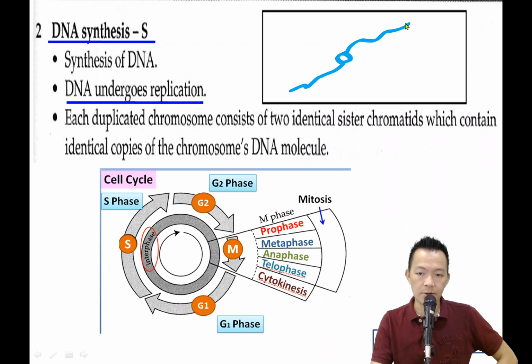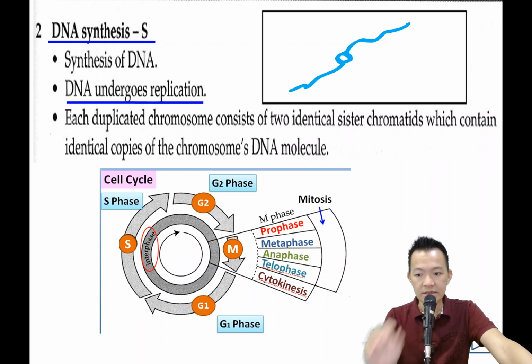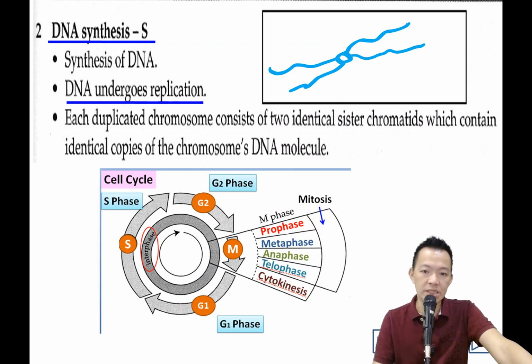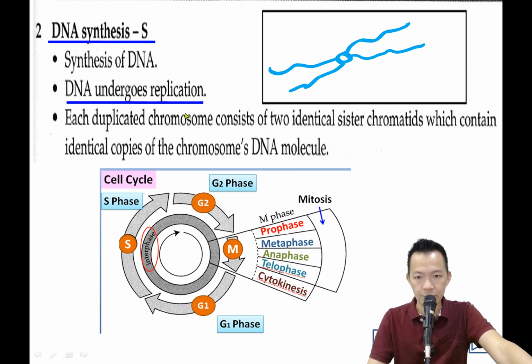See here carefully, 看好好. So at the beginning, we're having a chromatin. 一条瘦瘦的东西叫 chromatin. But during the S phase, what happens? The chromatin, the DNA inside the chromatin, starts to replicate itself. 它开始自己复制自己。So from one chromatid, 从一条的染色分体, finally it replicates, 它复制自己, and becomes two chromatids 了，就变成了两条的染色分体。Okay, so each duplicated chromosome 分解好、复制好的 chromosome consists of two identical sister chromatids.